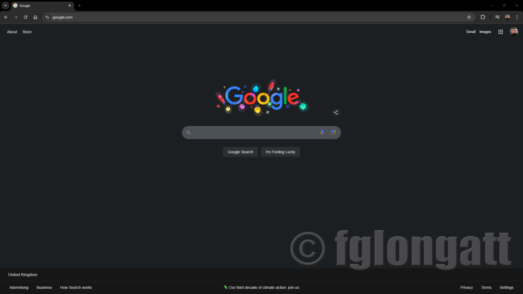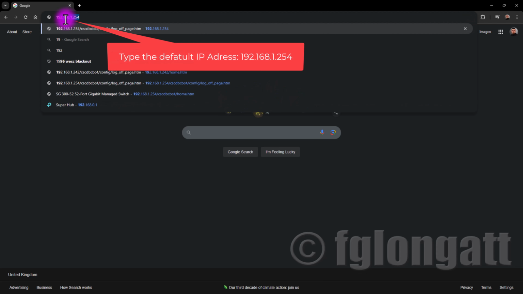I already connected an Ethernet cable from my personal computer to the switch. You can use any one of the ports. What you need to do now is to use your web browser, and inside your web browser, you can use the default IP address,